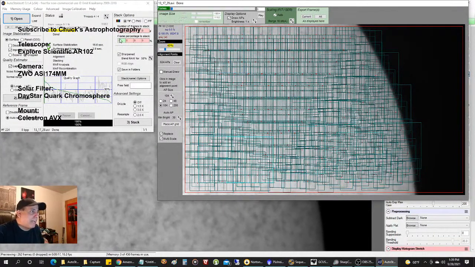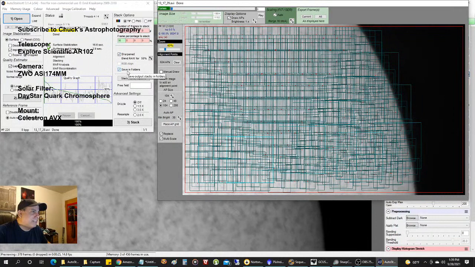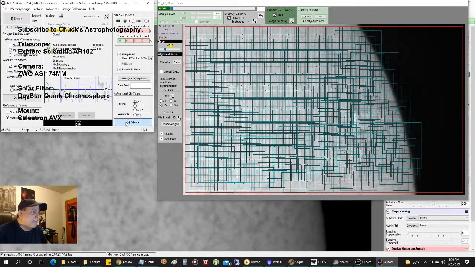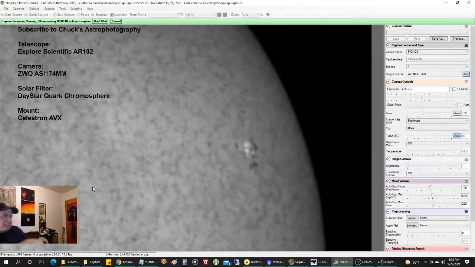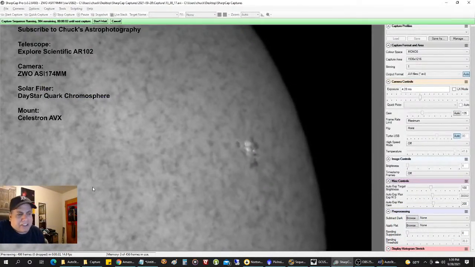All right, and let's see how many frames. I don't have a lot of frames because my frame rate was very slow. Let's just keep 30%, and I'll leave the options at that. Let's see what the sharpened one looks like. Let's see, save. Okay, stack. Now we're going to stack that. I'm not a great processor. I don't spend a lot of time,